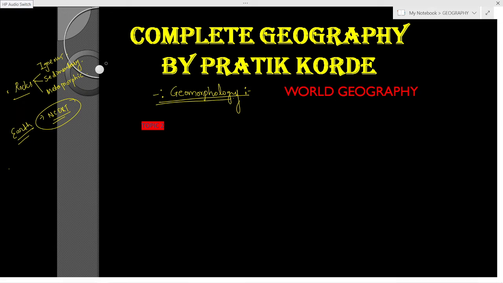For example, geomorphic processes, which are exogenic and endogenic in nature. We'll talk about weathering, erosion, as well as deposition in exogenic processes, whereas we will talk about slow movement and sudden movement in endogenic processes. As far as sudden movements are concerned, we will talk about volcano and earthquake. And in slow motions, which is also called diastrophism, we'll talk about the horizontal movements as well as vertical